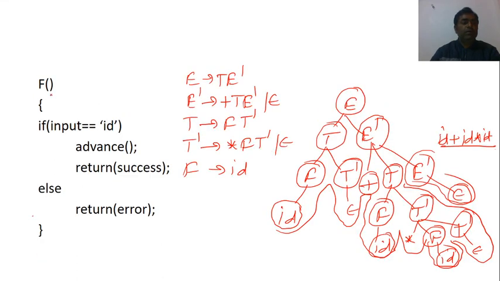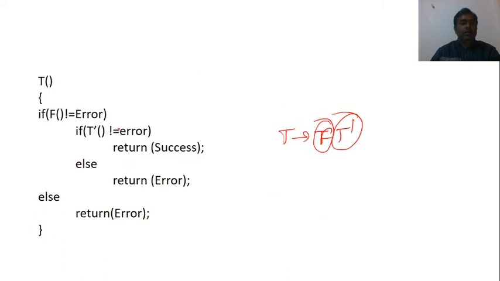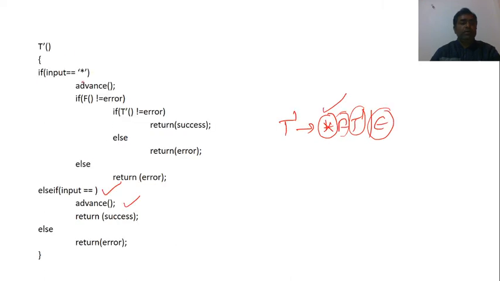Go to F. If input equals ID, that means I am completing this part. Advance and return success. Return success means where I have called F, it will go to T. Then it will check if T prime is not equal to error, that means T prime will be called, this one. If input equals asterisk, there is no asterisk because our string was id plus id into id dollar, and our pointer was at plus.